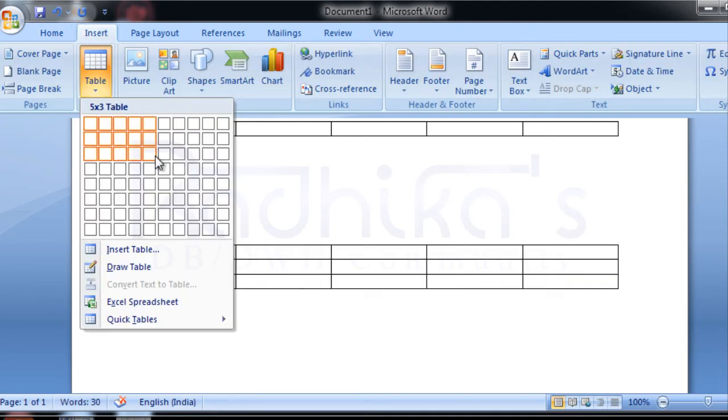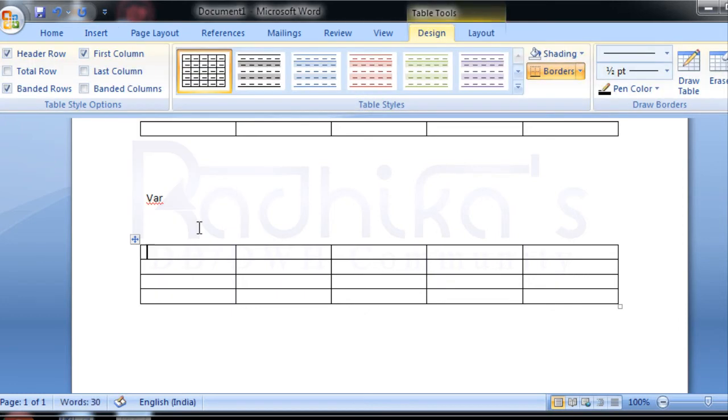Let me give you this example. This is a variable type, and consider this as the ID, this is the name, this is the location, this is the salary, and this is the job. And these are the number of records: this will be the first record, this will be the second record, this will be the third record.